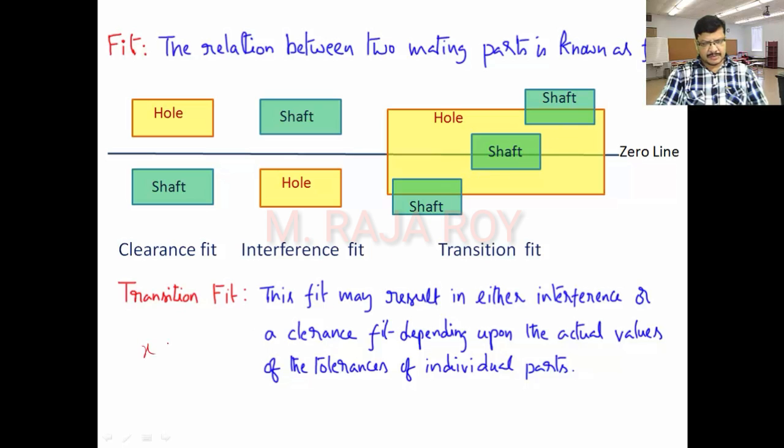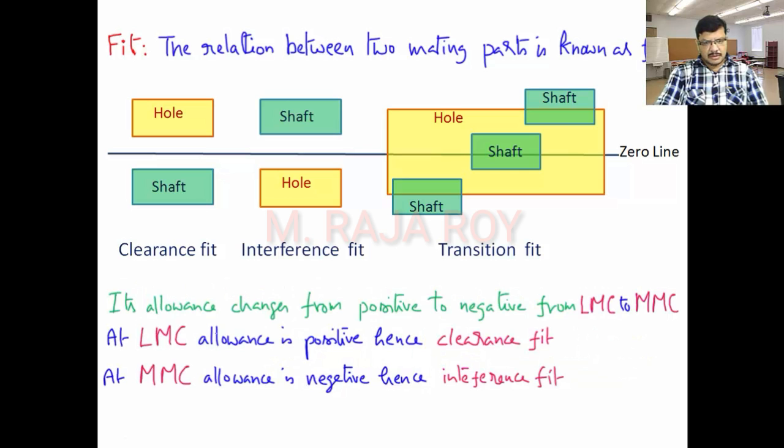Suppose X is manufacturing, he is getting clearance fit. Y is manufacturing, he is getting clearance fit. Then that kind of fit we will call as a clearance fit. That means always it is clearance only. There won't be any chance of getting clearance to interference. That is called a transition fit. So here at LMC, allowance is positive and clearance fit. At MMC, allowance is negative and interference fit. That means it is changing from positive to negative, from LMC to MMC. That kind of fit we will call as a transition fit. This is brief introduction about the limits, tolerance and